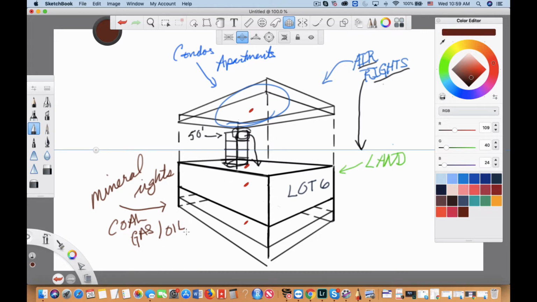Everything in that region that's under the ground that requires drilling or mining is going to be considered a mineral right. You can have mineral rights for silver, you can have it for gold, you can have it for any other item that you would like that's going to be underground. That's a mineral right. And additionally, on top of that, you can actually have water rights underground,